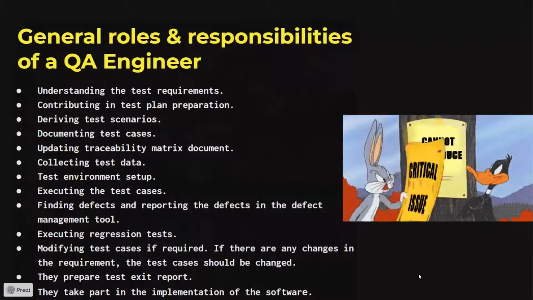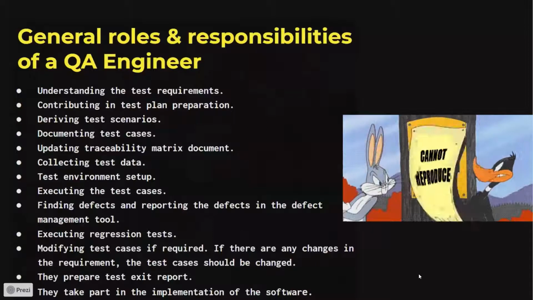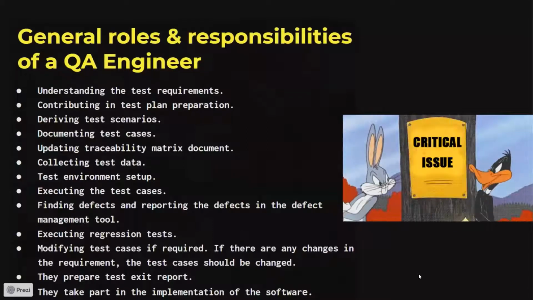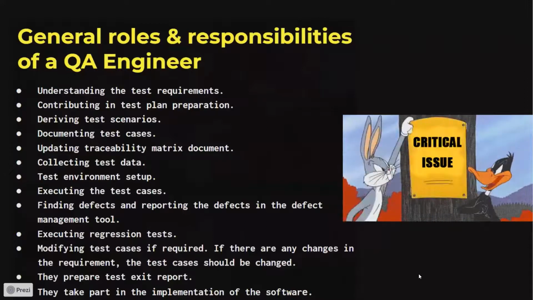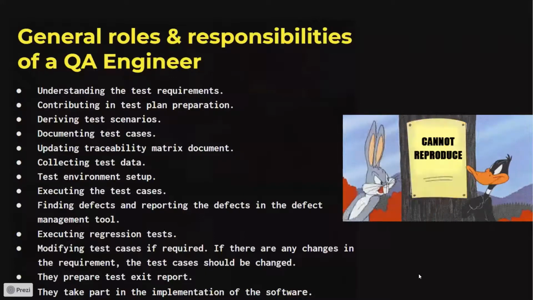The major responsibility of a tester is to analyze the requirements first and then contribute to test plan preparation. The test plan is prepared by the test lead or the test manager, and sometimes the testers also prepare the test plan. The test plan contains how many test cases are required to test the application, how many developers are required to develop the application, how much time it will take, and how many test cases we are going to execute and how many are not. All these things are included in the test plan document or test strategy document.